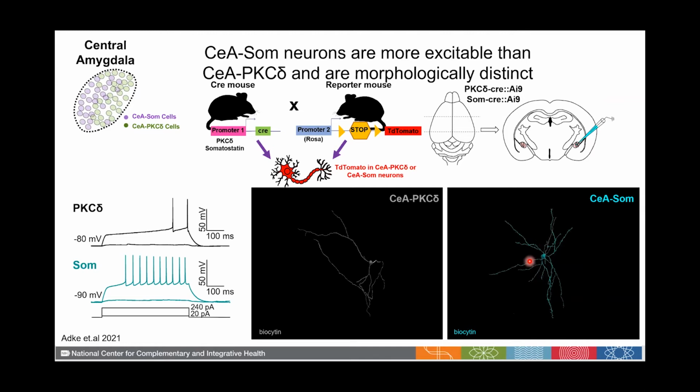And morphologically, you can see here that pretty much all the somatostatin neurons are compact and have complex arborization of the processes, whereas the PKC delta neurons have longer processes that are far less complex, with a lot less arborization. So this demonstrates that the neurons are not only genetically distinct, but they also have distinct, unique electrophysiological and morphological